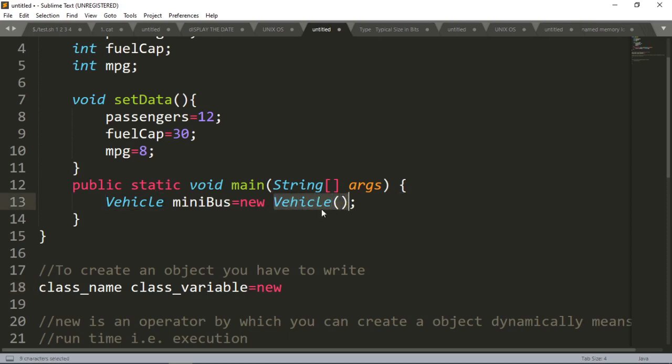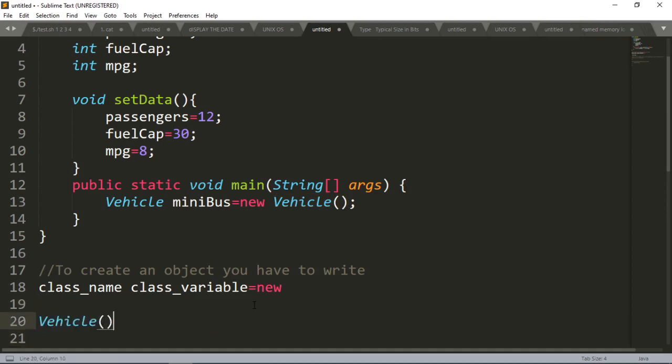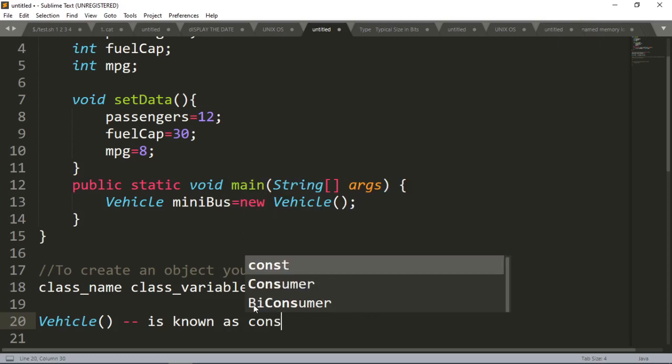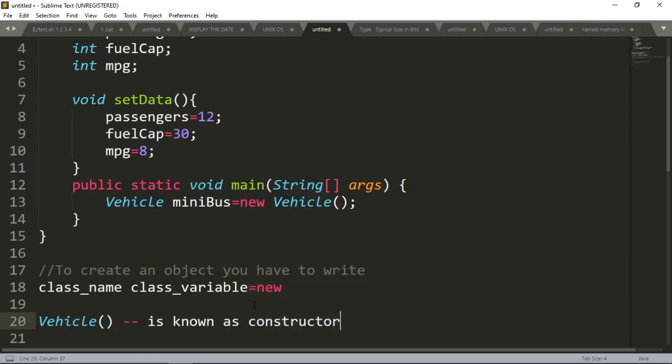Now what is this thing? This total Vehicle, what will you call it? Let me write it here. This total thing is known as a constructor. इसको हम लोग constructor बोलते हैं.